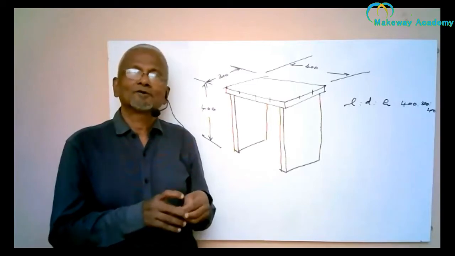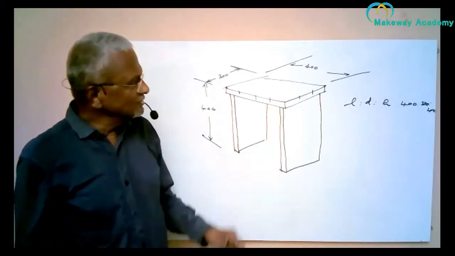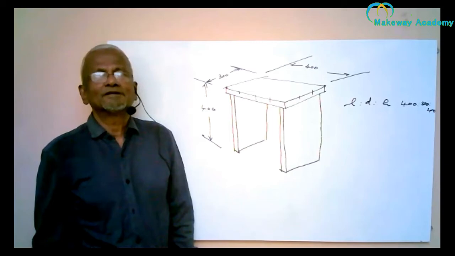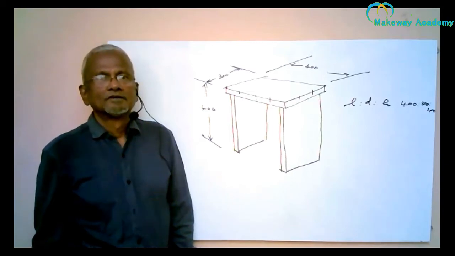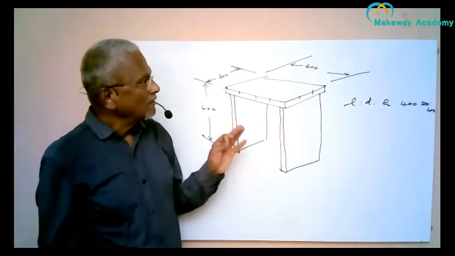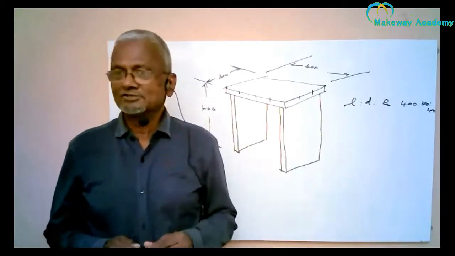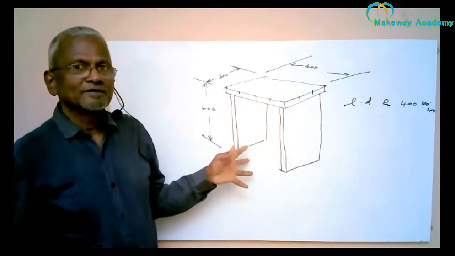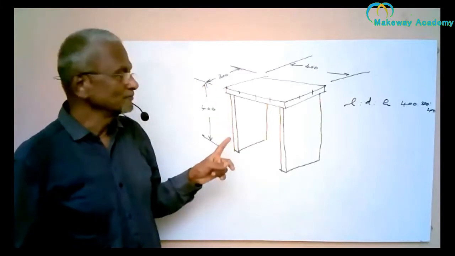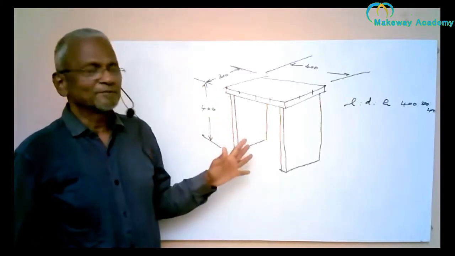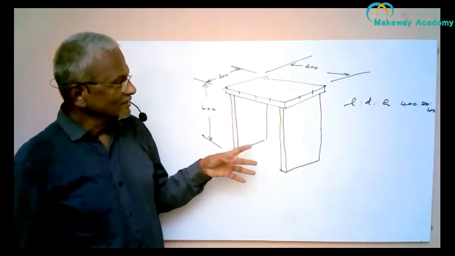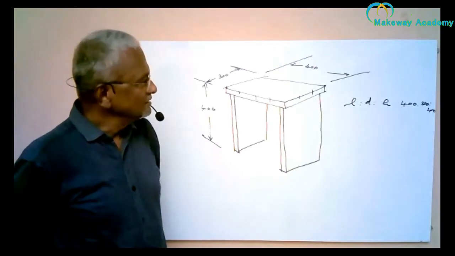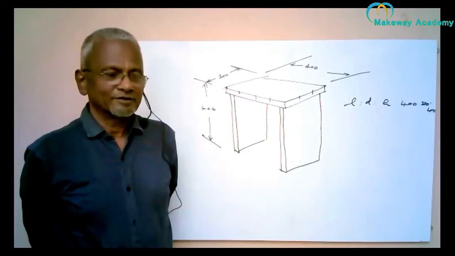A lot of different things are possible. Now, the drawing which I have drawn on the board, we call it isometric drawing. In one drawing, all the three major dimensions are shown. The length of the equipment is shown, the depth is shown, the height is shown. This particular drawing is called a pictorial drawing, and there are a number of pictorial drawings used in engineering drawing. This one particular drawing is called isometric drawing.